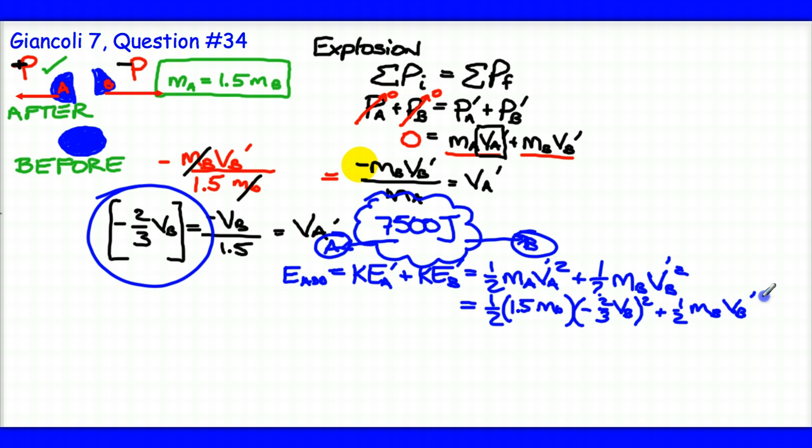m_B v_B prime squared. Now, some interesting stuff is going to happen here with these numbers, the 1.5 and the negative 2/3 squared. I'm just going to look at these coefficients here for a second. I'm going to get 1.5, and when I take that negative 2/3 and square it, I'm going to get 4/9. So if I just look at these two numbers, I'm going to get 1.5 times 4, which is going to be equal to 6 over 9, which of course is equal to 2/3. So what really happens here is I'm now going to get 2/3 then times 1/2